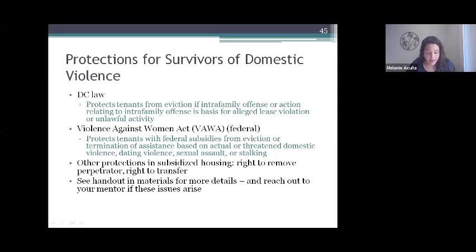Some of the options the landlord may have are to either terminate the housing for the offender, or they can bifurcate the tenancy. If the two people live together, then they can bifurcate, where the one person will then have a separate home and be protected from the assault. Other protections in subsidized housing would be the right to remove the perpetrator and the right to transfer if the person is feeling unsafe. And again, that would be in your binder. I believe it's tab E1. And last slide